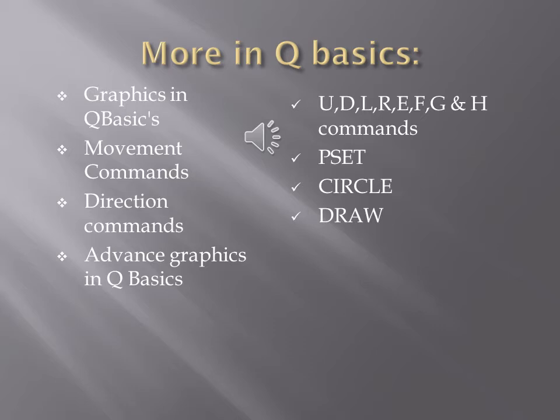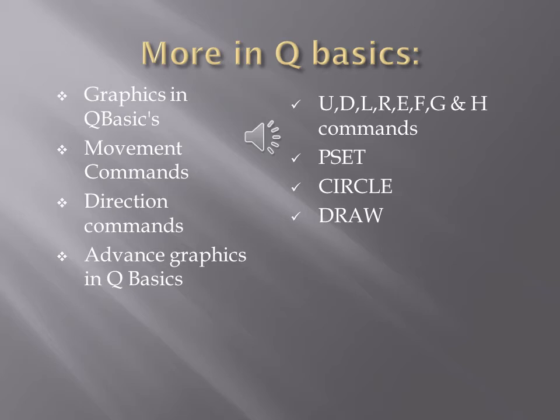So now we move to the advanced graphic, which is called pset commands and circle commands. As we know, the pset command is used for what purpose? Pset command is short for pixel set. We can see that pset means pixel set. This command is used to take the pointer anywhere on the screen. If you would like to take your pointer anywhere on the screen, for that purpose you have to use the pset command. You have to set the pixels basically.